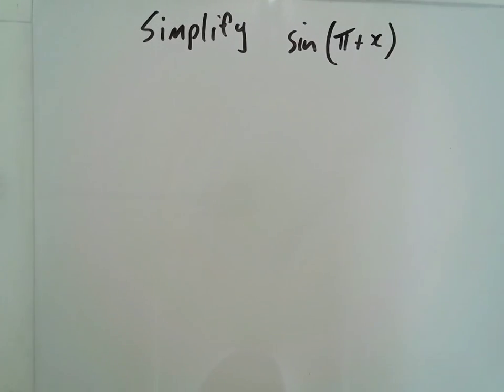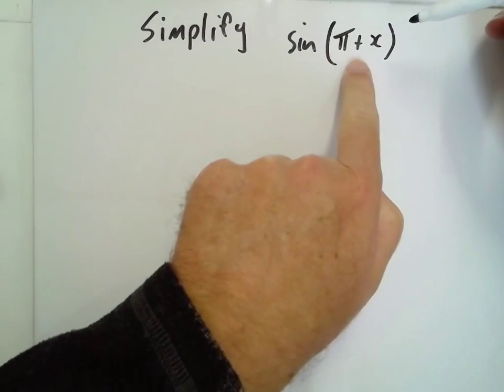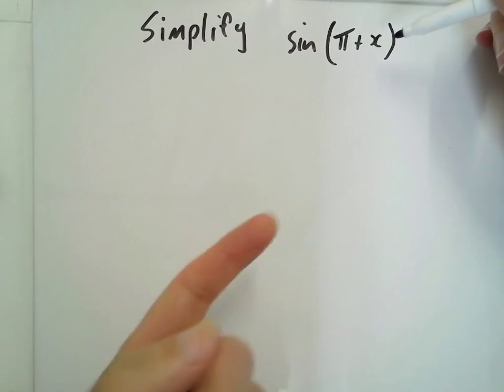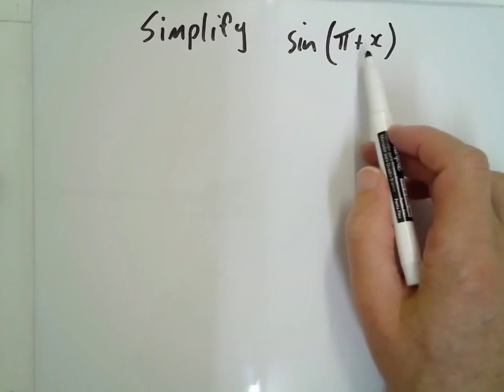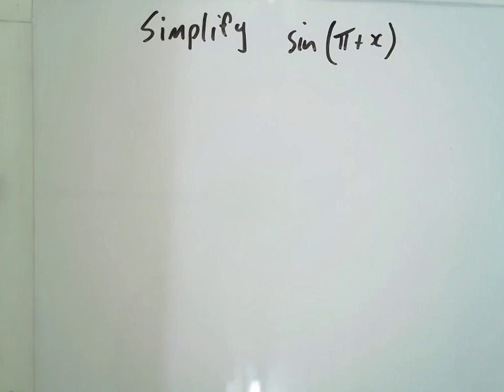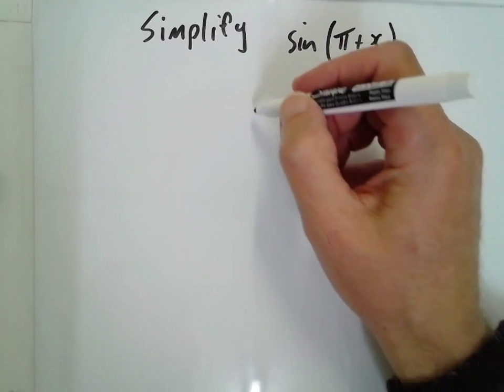Okay, we've got to simplify. We love simplifying, don't we? Technically, I guess the subject of sine here is two terms, isn't it? So simplifying, we just want to add that into a one term, so in terms of x maybe instead of pi plus x. So what we're going to do is we're going to draw the unit circle,